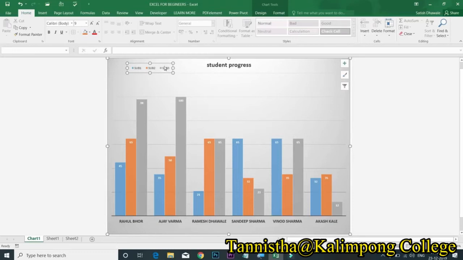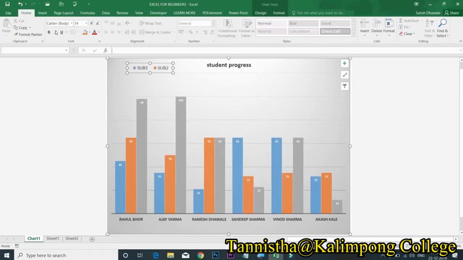You can increase the box size. You can increase the size of the content. You can make it bold. Increase the size of the box. The colors are different for different subjects like sky blue, orange, gray.